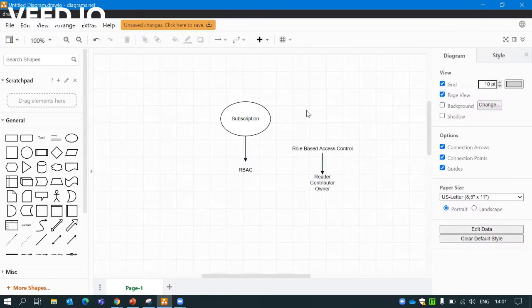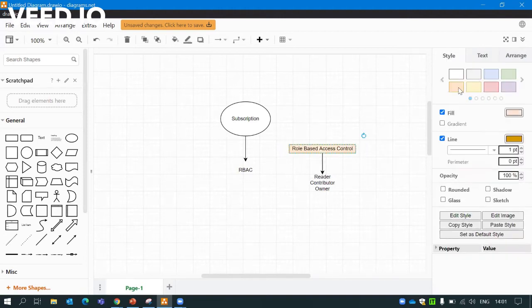To give a little more glimpse about RBAC, RBAC is defined as role-based access control. Here we have different types of roles in RBAC, such as reader, contributor, owner, etc. Depending on the role we assign to a user, they are going to get access according to their role. If you want to modify the access, like changing from owner to contributor, you can change that access type as well. What you need to do is delete the user and assign the user again with the different permissions.